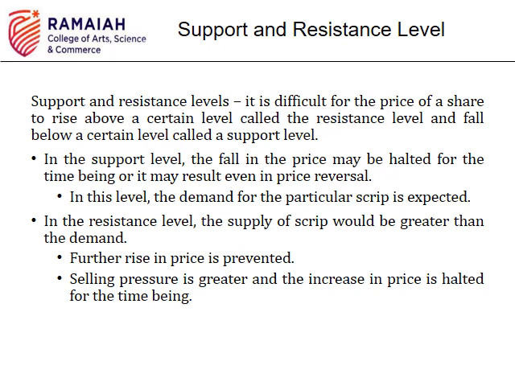That particular share, it need not be, there's nothing called a resistance level or support level for all the shares. It depends on each individual share, right? There are a few shares which are traded at 70,000, 80,000 rupees. Also, there are a few shares which are traded at 500 rupees, 1000 rupees, right? It depends on the industry and the organization or the company, right? So support and resistance level will be different for each sector or each script or share. I gave you an example, and I think that would suffice to understand this.